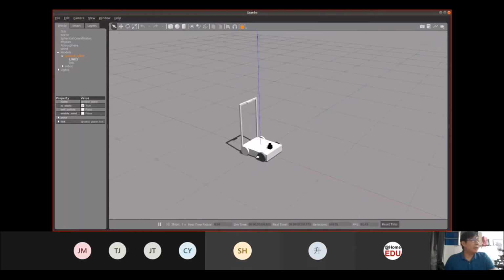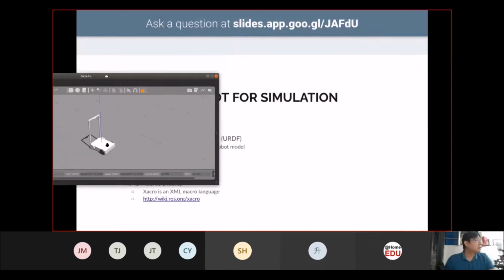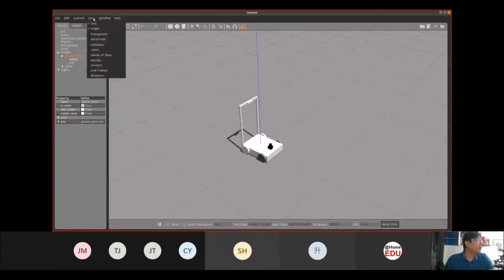Now, to build this robot, we use the URDF description file itself. Let me just move it over here.